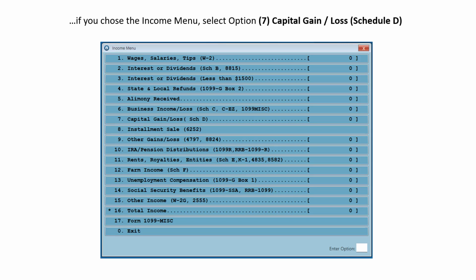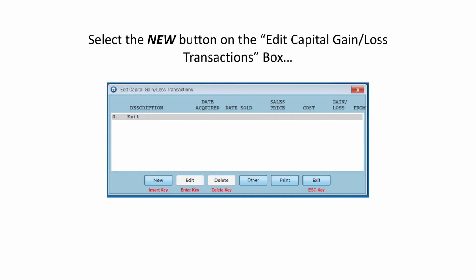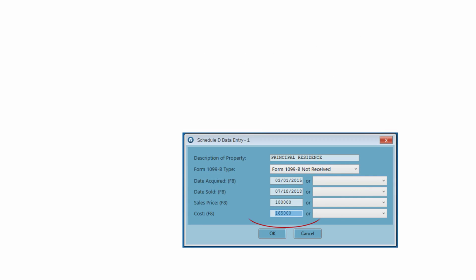If you choose the Income menu method, we'll select option 7, Capital Gain or Loss, Schedule D. We'll select the New button on the Edit Capital Gain or Loss Transaction box. We'll enter the information in the Schedule D data entry box.